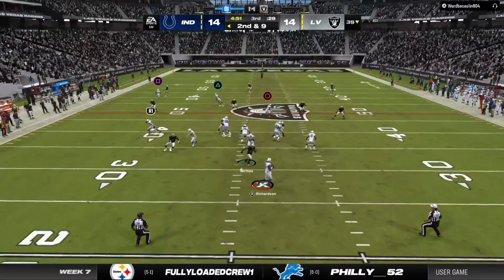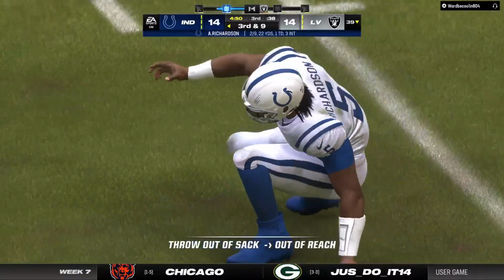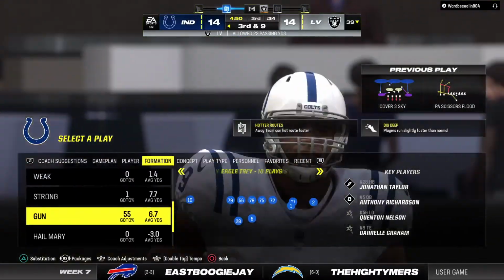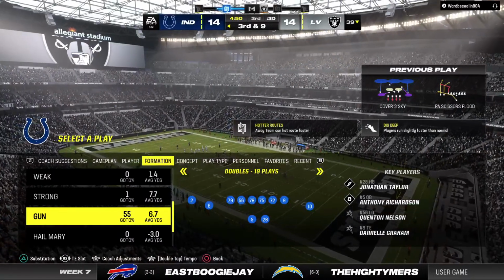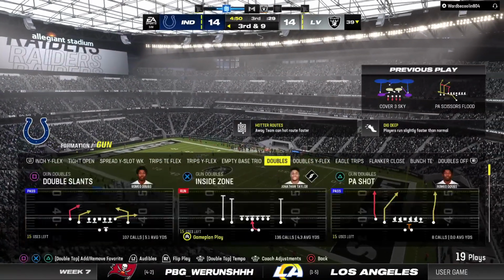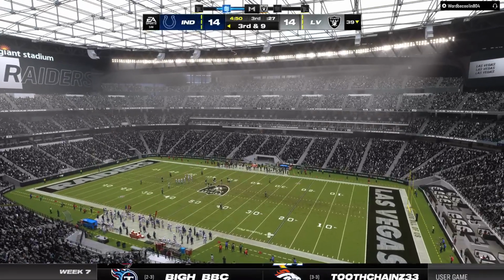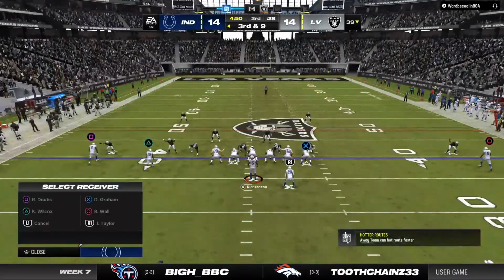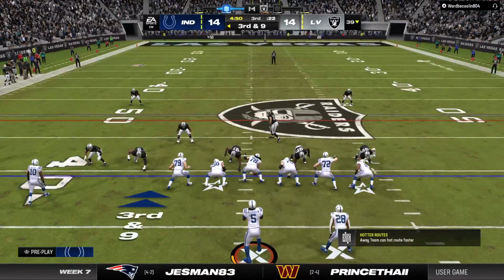Richardson off the play fake. And he'll be hit as he releases it. And that'll fall incomplete. Well, the great coach said football is a really simple game. Rush theirs, protect yours. And he's talking about those guys throwing the football. In this situation, the rush won, hitting the quarterback and forcing him into an incompletion. After an incomplete pass on second down, that'll leave him trying to convert on 3rd and